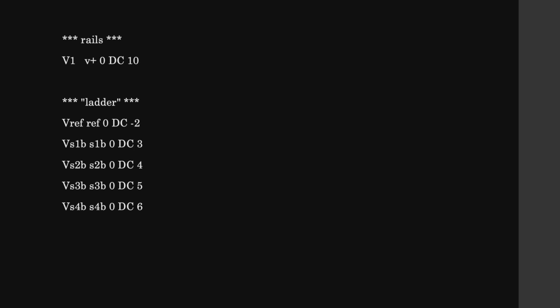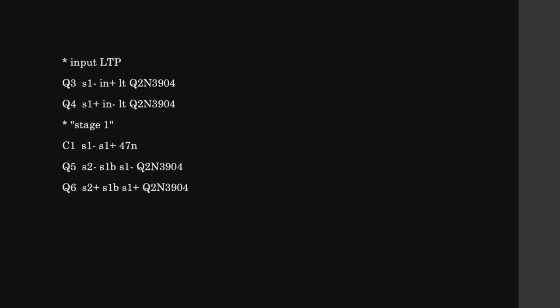You start with some of the voltages that you have, and you say that, for instance, for that current here, you have a connection from the ground to S3B, which was the base of one of the transistors, and you have a fixed voltage which is, for instance, 5. And then you have more components here. That's the description of some transistors and some of the capacitors, and you need to parse that. And I have to say it's hell to do that in C++.